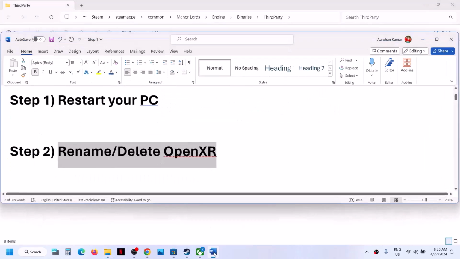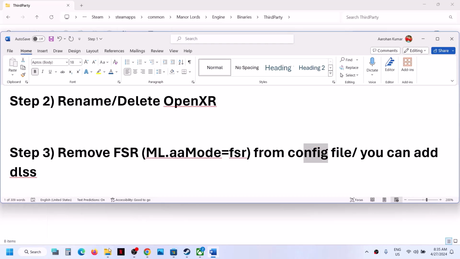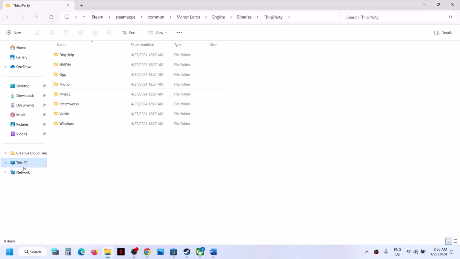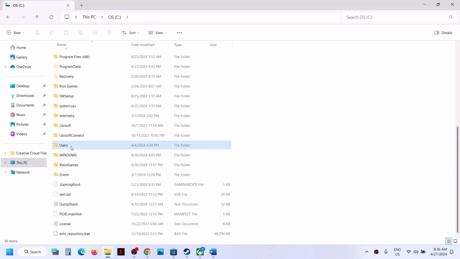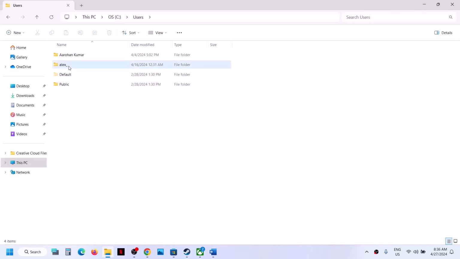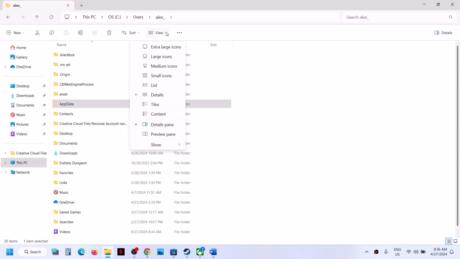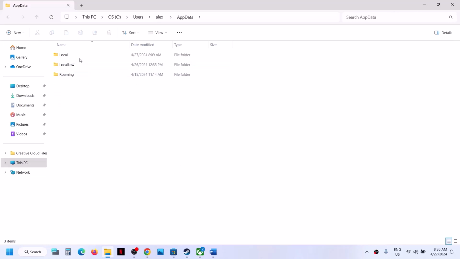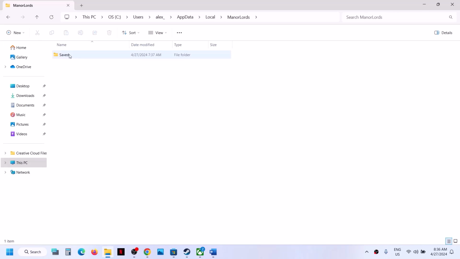Now the next step is to remove FSR from the config file. For this, open File Explorer on your computer, go to This PC, open C drive. Now open users folder. Now open your username folder. Now open app data folder. If you don't see app data on the top, click on view, select show, and then put a check on hidden items and then open app data folder. Open the local folder. Now open the game folder over here and then open saved folder